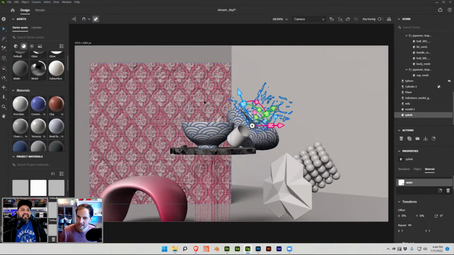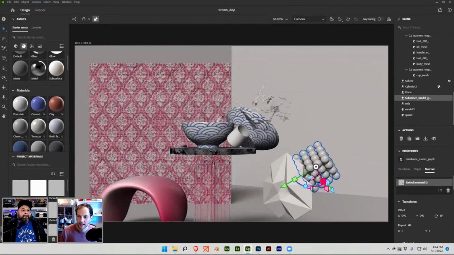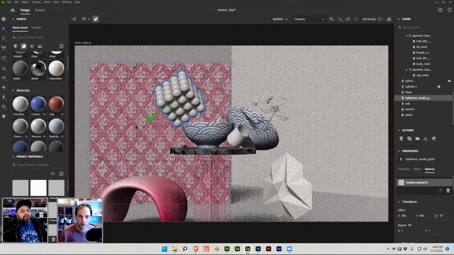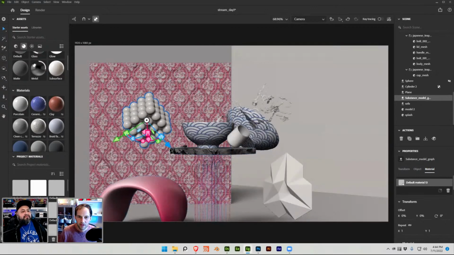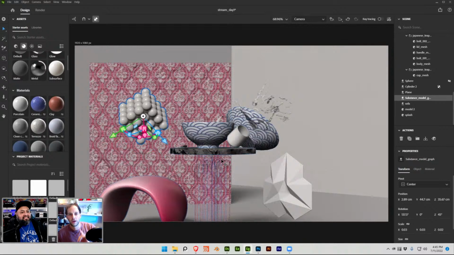I'm going to probably change some of these materials, and just keep adjusting this. I think I'm going to keep choosing some more shapes, and make sure I'm super happy with the composition. But yeah, now I would say one thing that I've done mostly to demonstrate Designer and some of the shading tools,